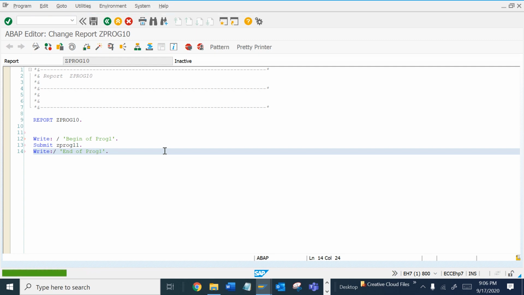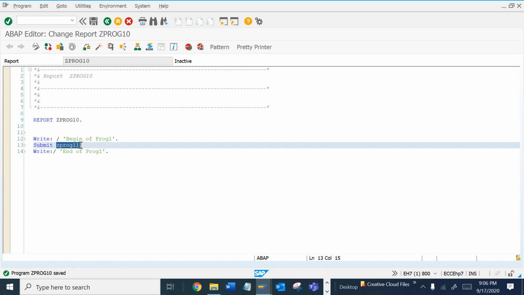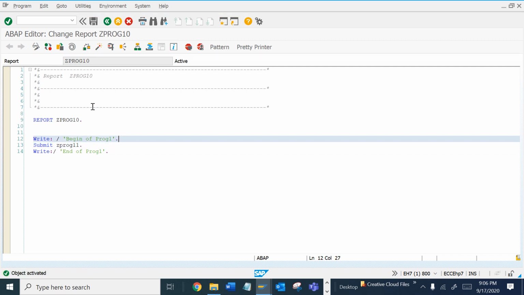So as it is calling a new program which is ZPROG11, let me save, activate and check what it is giving me.